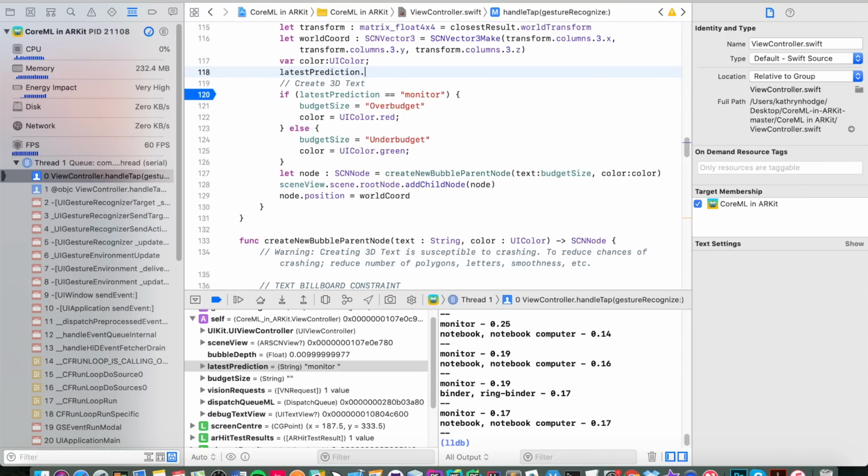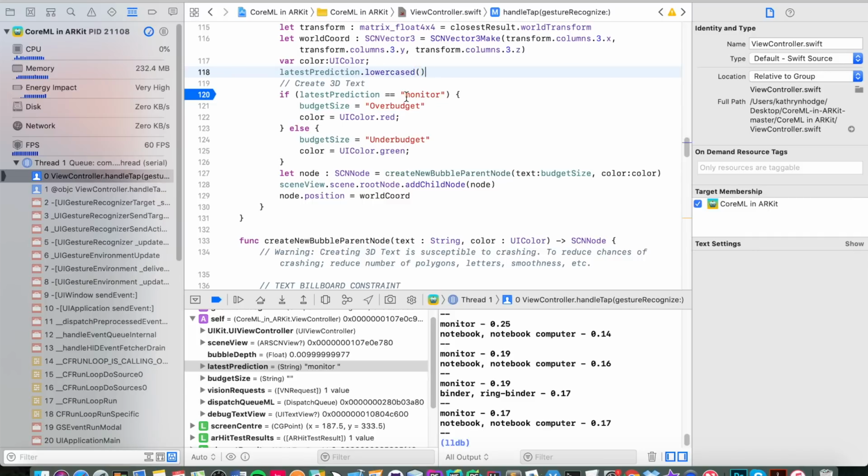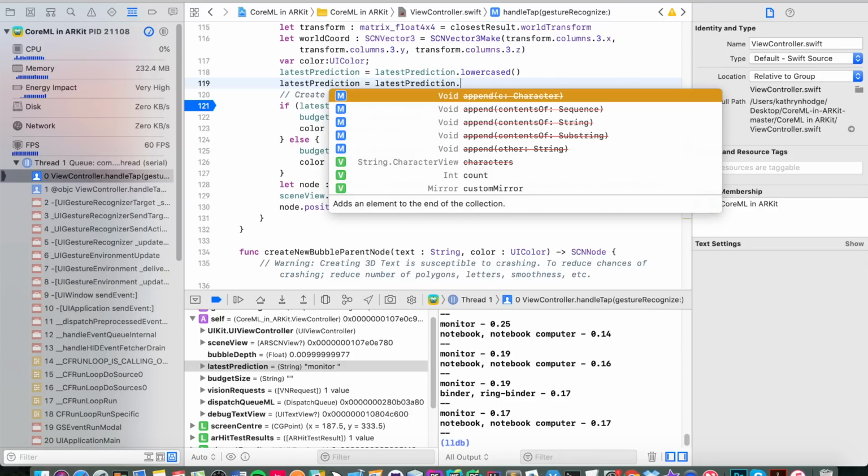And so by normalizing our input, we basically say that we want latest prediction to be lowercase. We want it to be lowercase because what happens if there's a capital somewhere in there? We want to make sure we're only checking for something that's lowercase, and we need to save it in that variable, latest prediction. So it's storing our latest prediction here. Okay, and then we'll do latest prediction equals latest prediction dot, and then we'll see if something there's like, I